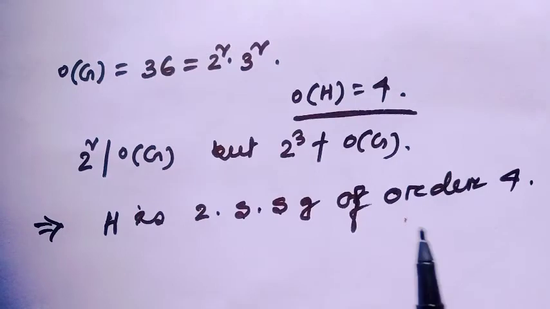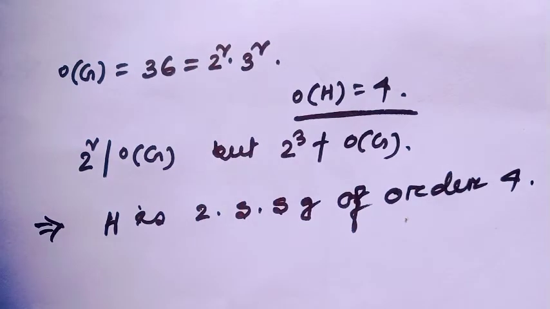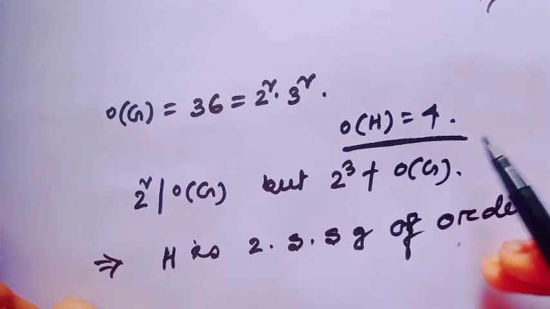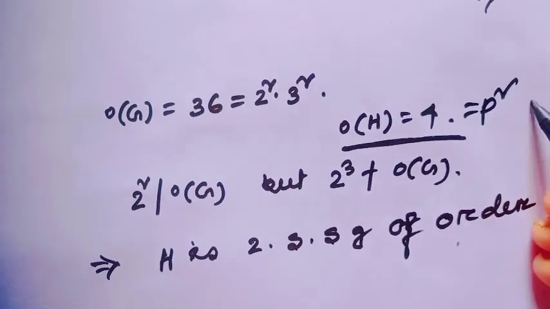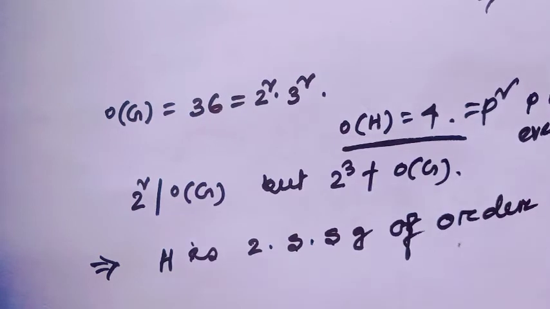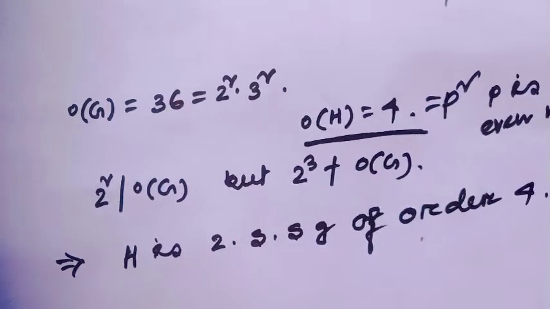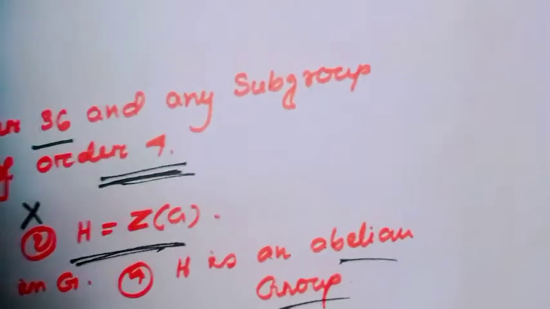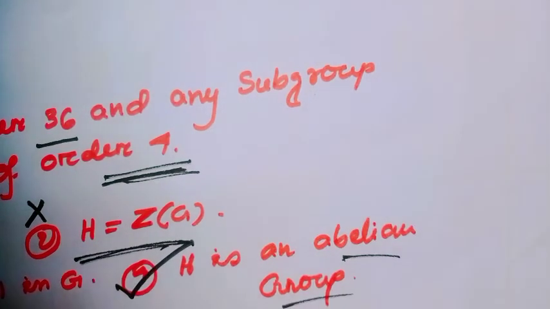Are you getting why Sylow's theorem is very useful to construct any group? If you know Sylow's theorem in a better way, then it will be so easy to find any group of any order. Notice here the order of the subgroup A is of p square type, where p is a prime number. We all know any group of order p square will always be abelian. So the subgroup A will always be abelian. Option 4 is a right option.